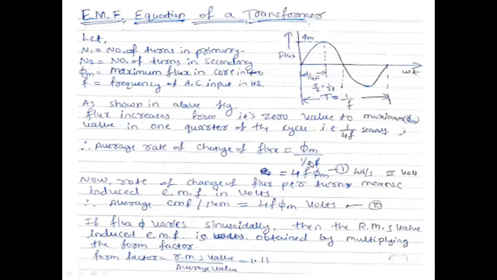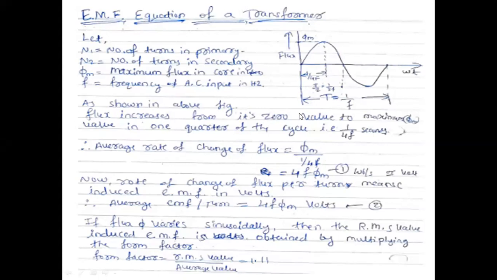1000 rupees we are earning. Maximum flux is 1000, so divide into 100 members. This is the 100 time period. Dividing that one, we can consider that as the average. So average rate of change of flux equal to 5m. Here 100 members are there: one person is earning 5 rupees, another person 15 rupees, 10 rupees, like that.